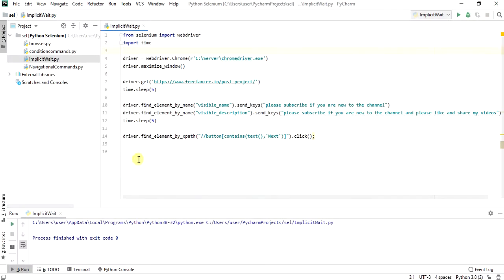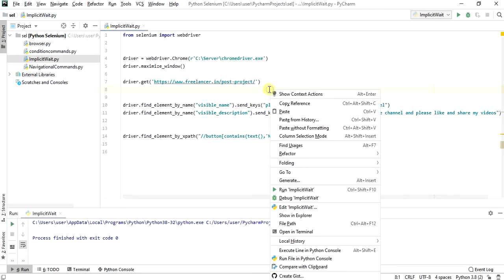Let's do some simple math. Now we have 10 web elements. After each web element, we will specify a time.sleep of 5 seconds. The execution time of the script is 50 seconds. Out of 10 web elements, 8 web elements take about 2 seconds to load, and 8 into 2 is 16 and 2 into 5 is 10. Overall, 26 seconds it is taking to execute one script. That is the reason we are going for implicit wait, to minimize the execution time of the script.